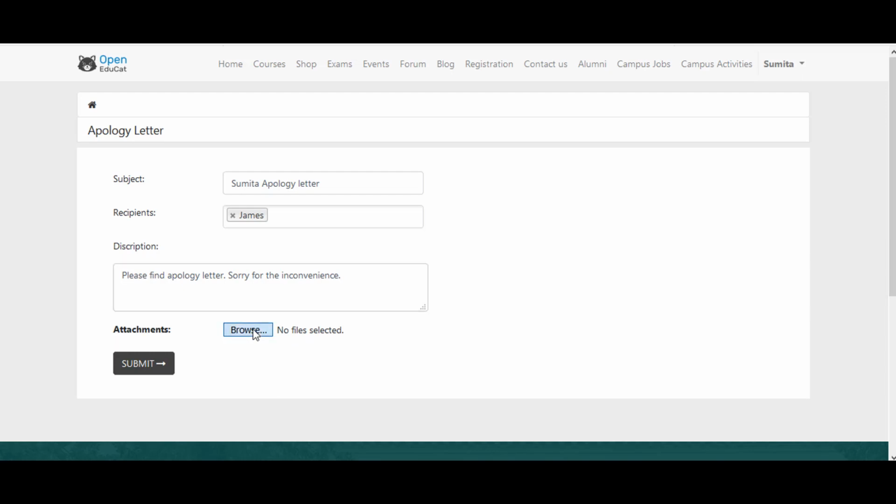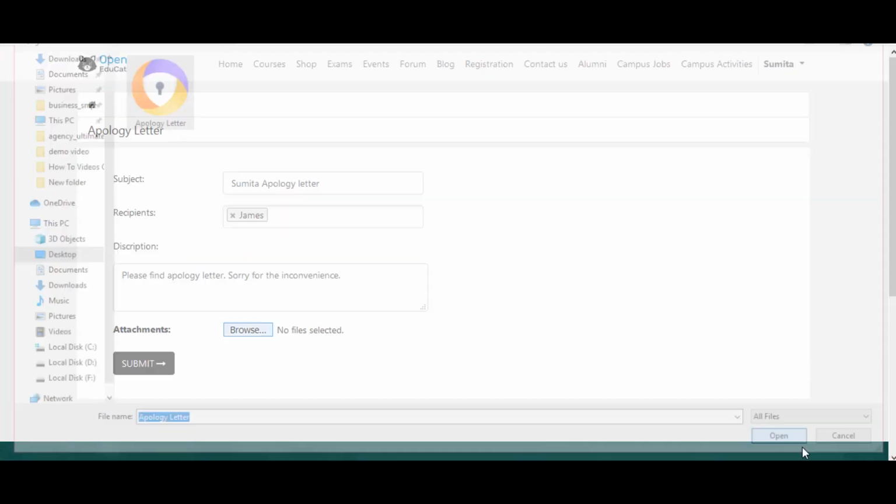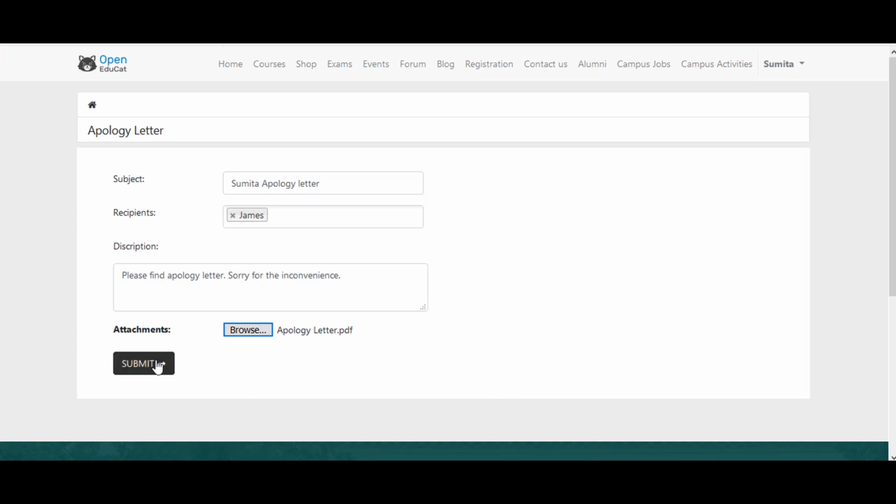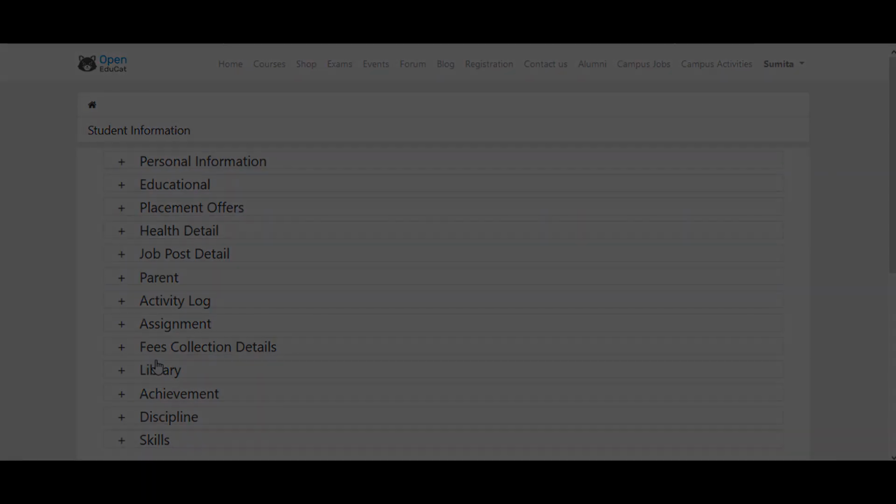You can attach any letter if you have it with that. And you can submit the apology letter. It's being done from the student profile.